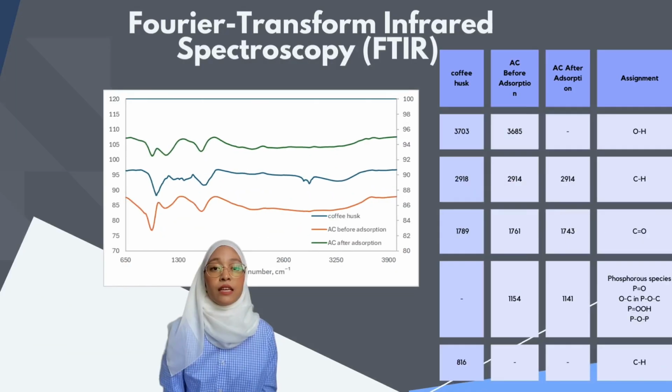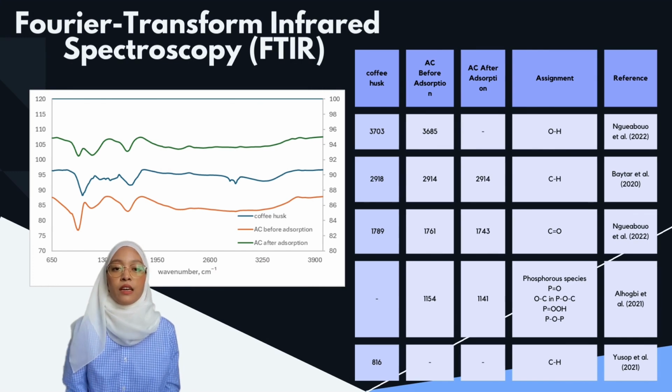became smooth again. This is the FTIR analysis of the untreated coffee husk, phosphoric acid modified activated carbon before adsorption and after adsorption. This reveals significant changes in the functional group presence. The untreated coffee husk shows peaks indicative of hydroxyl, methyl and aromatic groups. After activation with phosphoric acid, the hydroxyl and carbonyl groups become more pronounced, the aromatic structure breaks down and phosphorus species appear, indicating structural changes due to the activation process. After adsorption of malachite green, the hydroxyl group disappears, the carbonyl group changes, and phosphorus species remain, suggesting successful adsorption